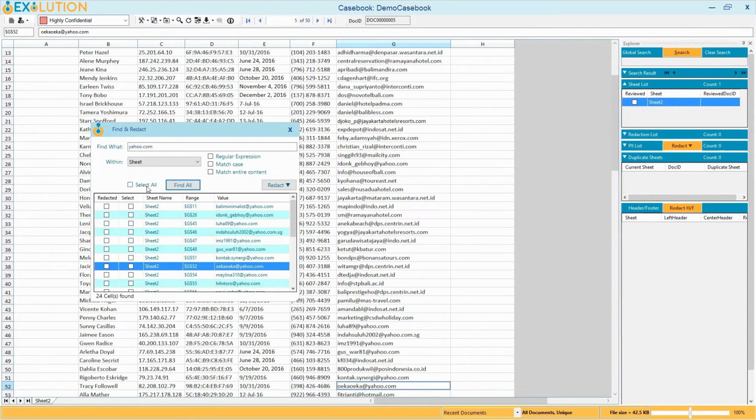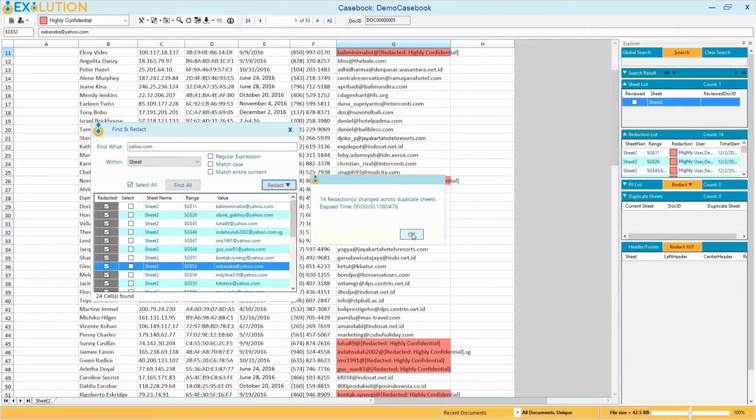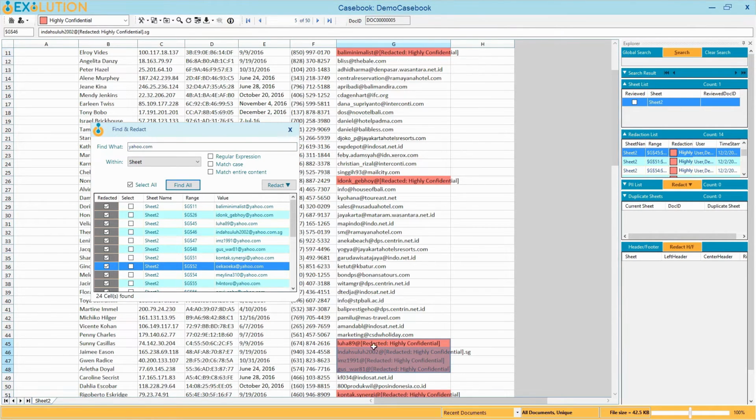If your reviewer wants to redact only yahoo.com instead of the entire email, keeping the username, they can just select all the cells and then from the redact menu choose search value only. The search value is actually yahoo.com here. As you can see, 14 redactions are placed for 24 cells in a fraction of a second, and the yahoo.com